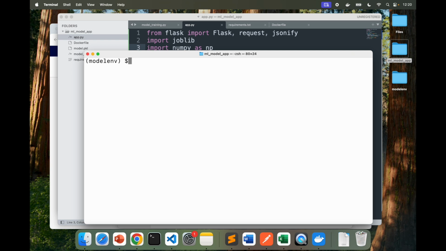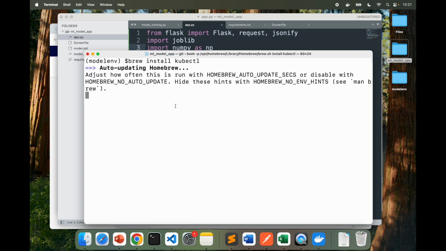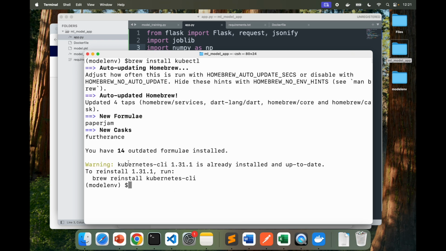Now, setting up our Kubernetes environment. To set up the Kubernetes environment, let's deploy the Dockerized ML model on a Kubernetes cluster using Minikube. The first thing that you need to do is install Minikube and kubectl. You can look at the official installation guide on the Minikube website. But I've already done that before, so I know it. You can use Homebrew, which is brew install kubectl. That's how you install it. As I mentioned, since I already installed it, it's saying already installed.